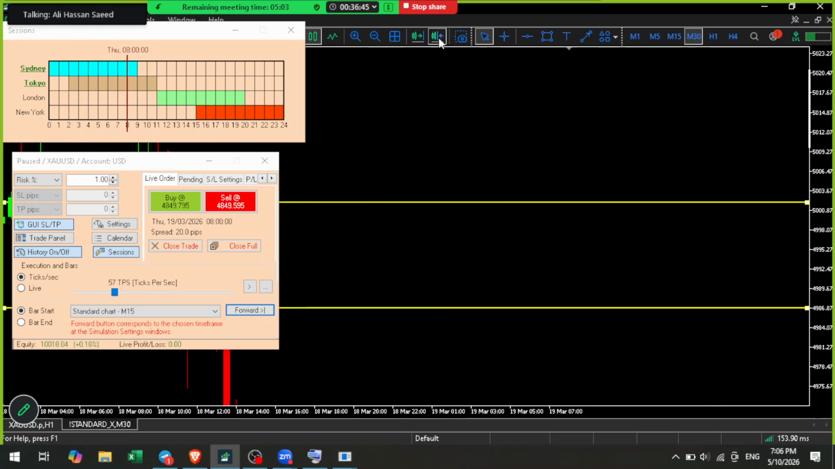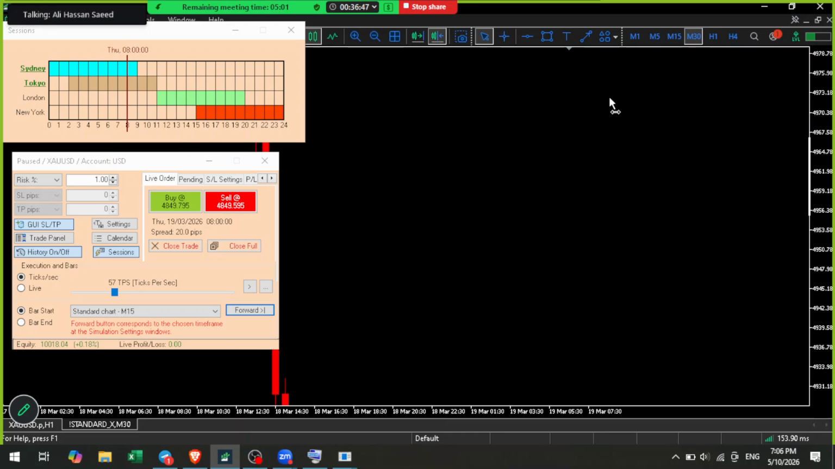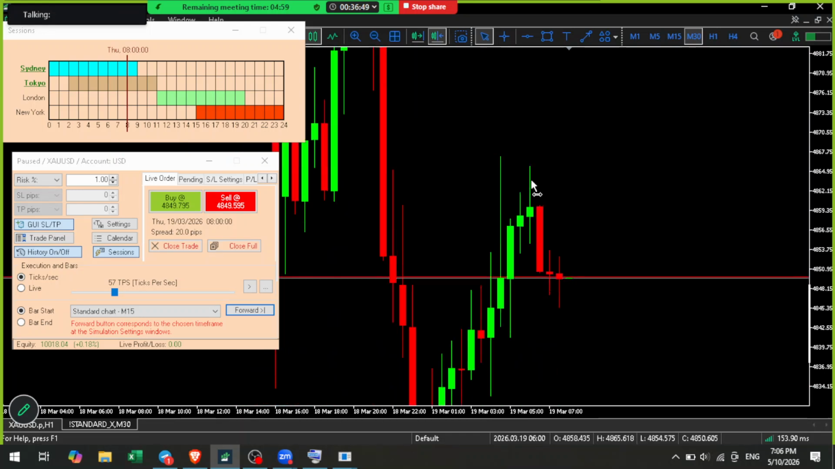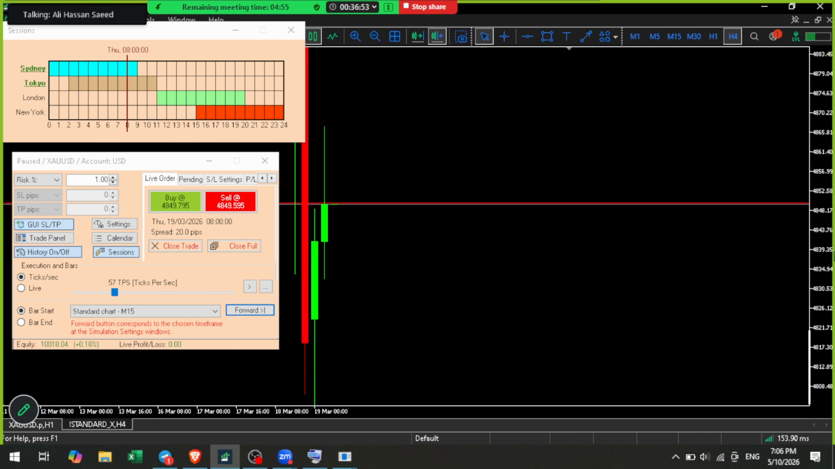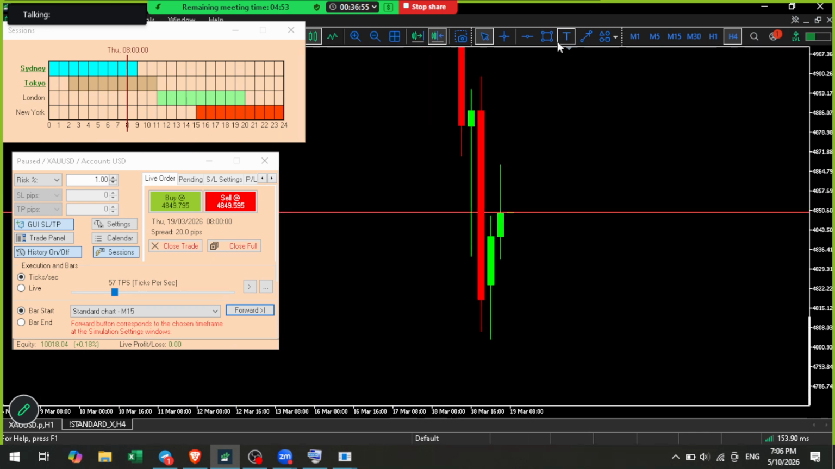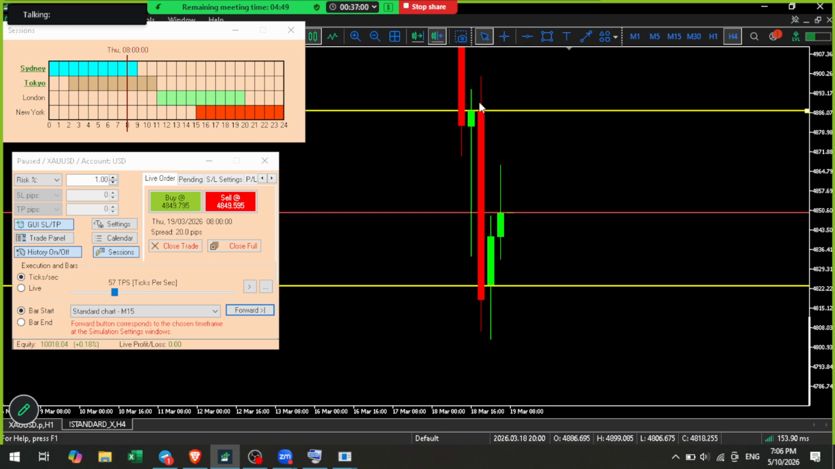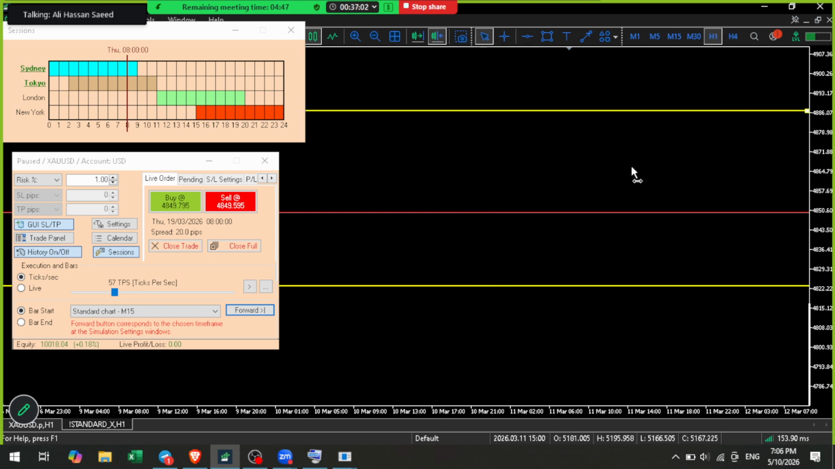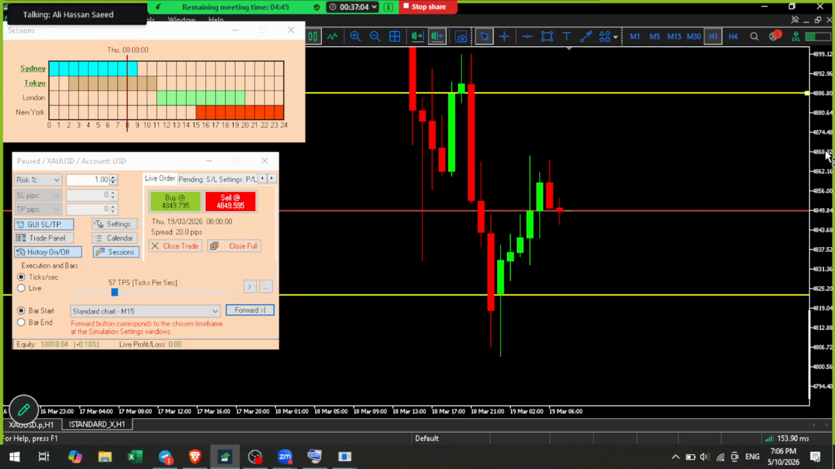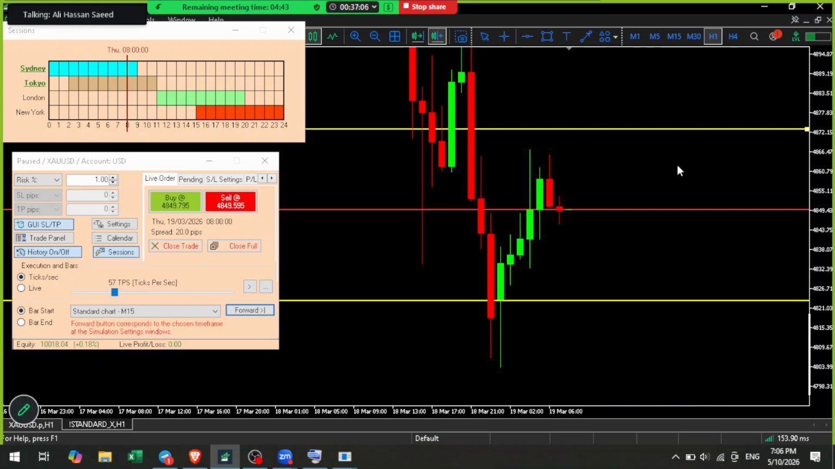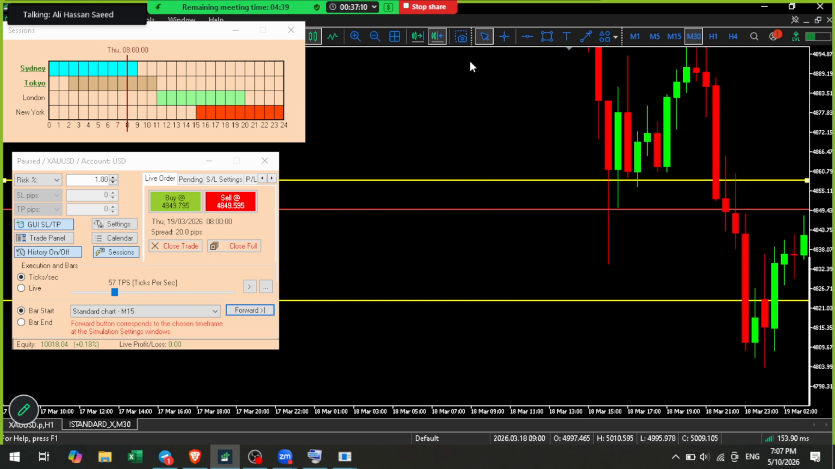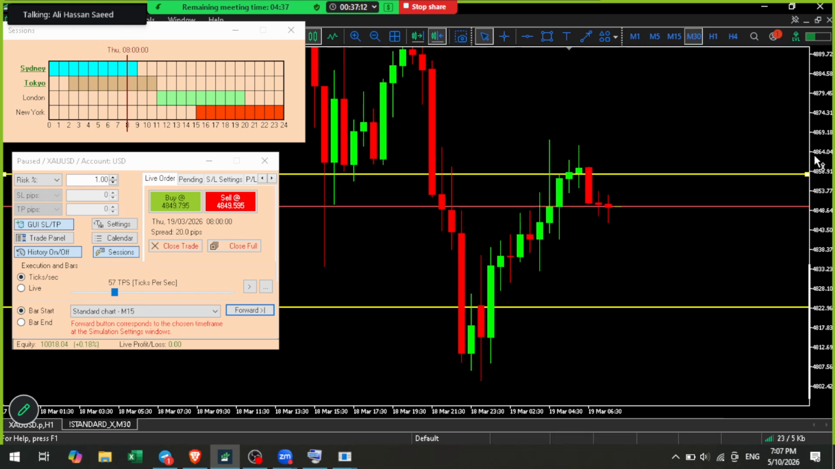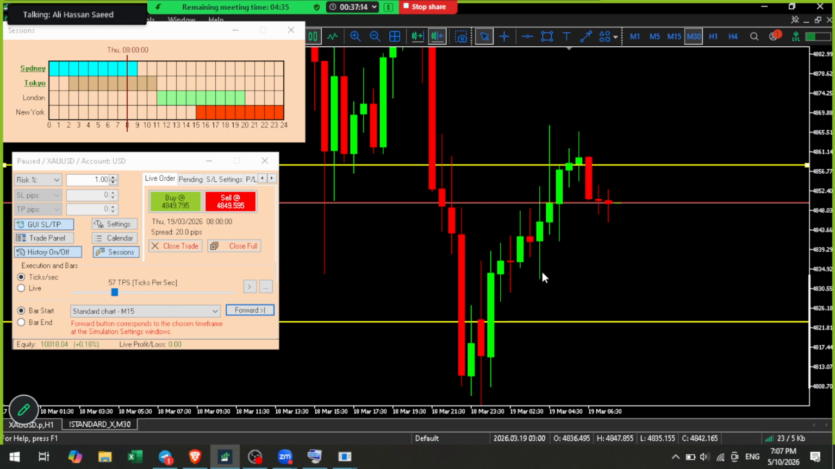We have 4-hour candle closure. Let's go to the 4-hour. We have this support and this resistance. Let's go down to the 1-hour. We have a resistance again here and support here. On the 30 minute, what do we have? Same thing with minor supports